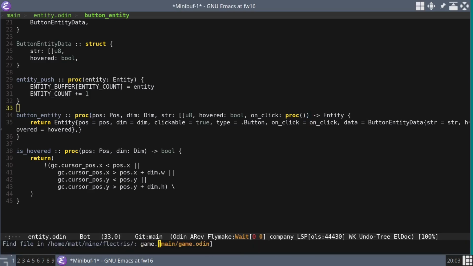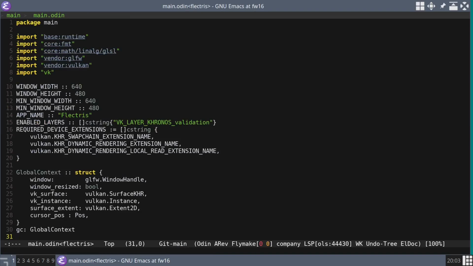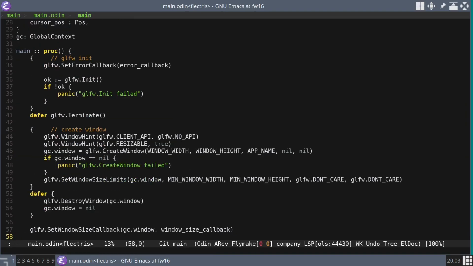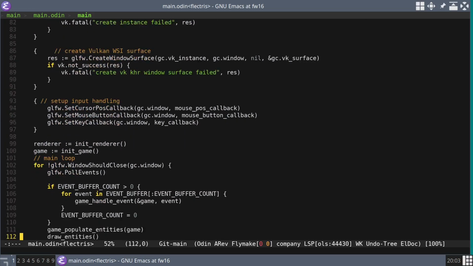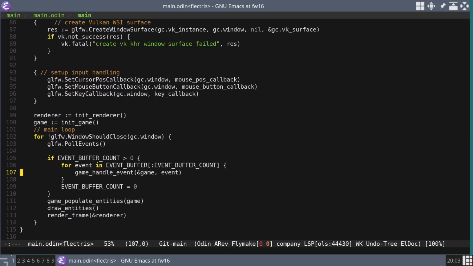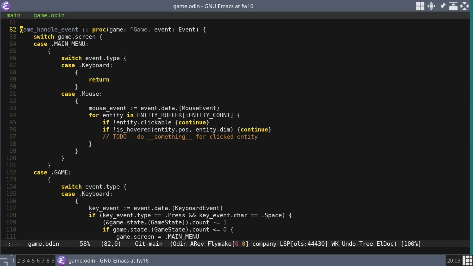So if I go into, I guess, main.odin. Where'd I be looking? Where's our event loop? Our main loop. We're in here. We're handling game events. We have to do something for each clicked entity. And that something is now